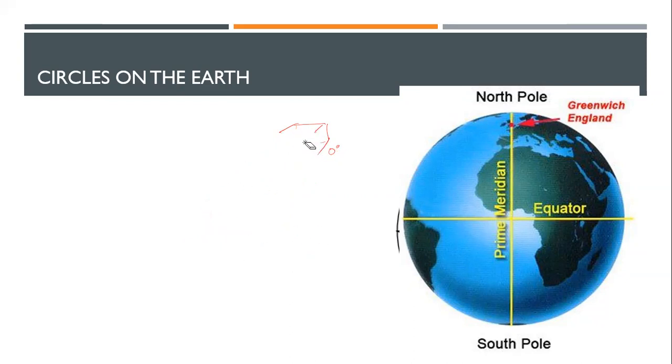The first datum is called the equator. Equator is simply a circle, but in a two-dimensional figure, you can see it as a line. I'll show you the 3D also. So in 3D, this is a circle. Equator is a great circle which cuts the Earth into two equal parts. The upper one is known as the Northern Hemisphere. The lower one is known as the Southern Hemisphere. So the equator becomes my datum or 0 degree to go up or down. If I go up, I am going to the north part. If I'm going down, I'm in the Southern Hemisphere.